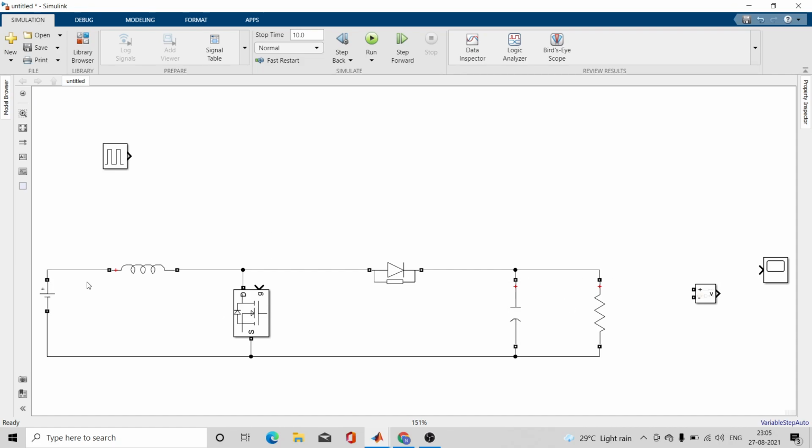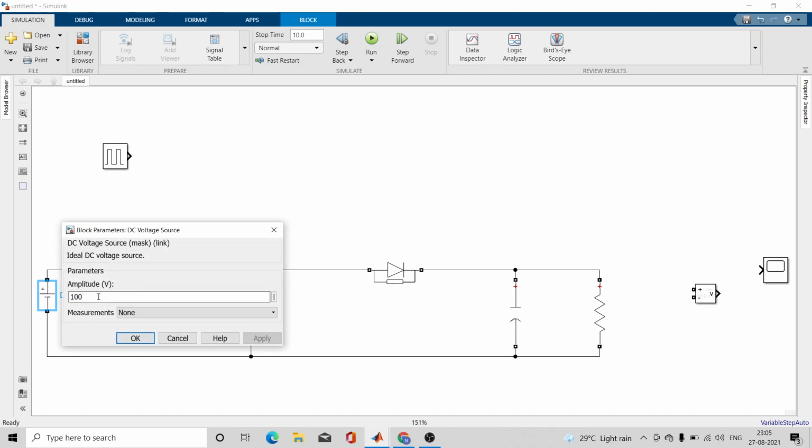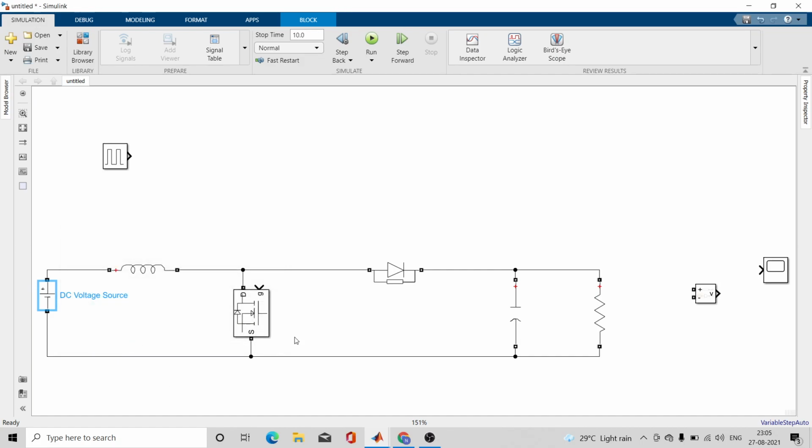So here I have to change the input voltage to 12 volt, right? We want 12 volt at the input and we want 18 volt at the output. This is nothing but the voltmeter which will be able to measure the voltage, and here we want it to measure the output voltage.